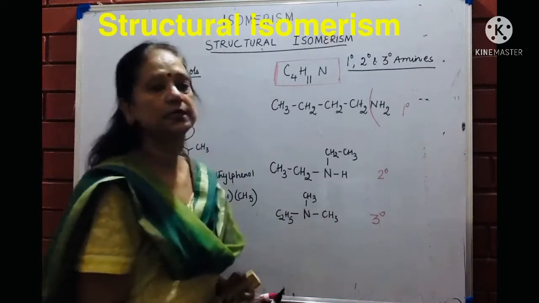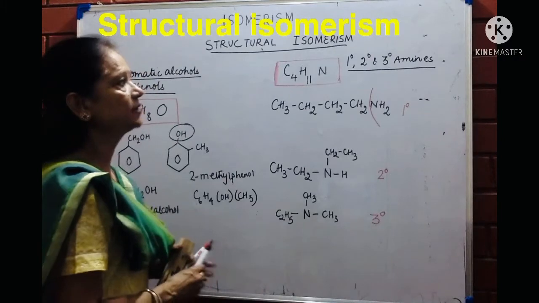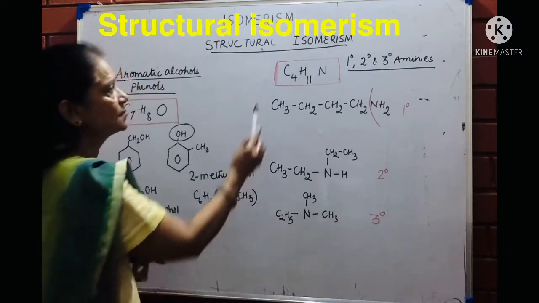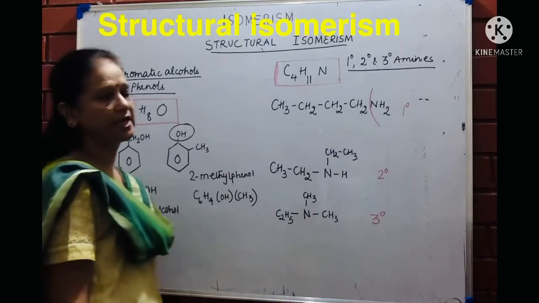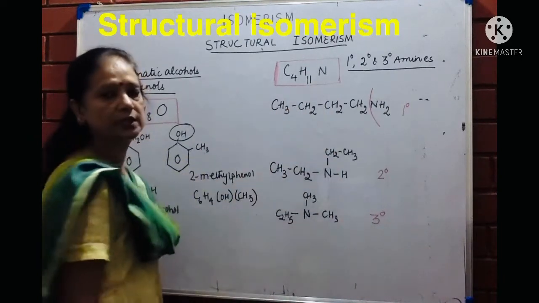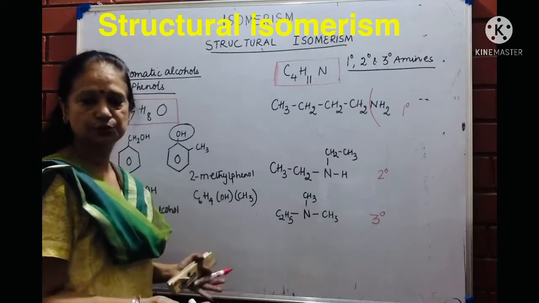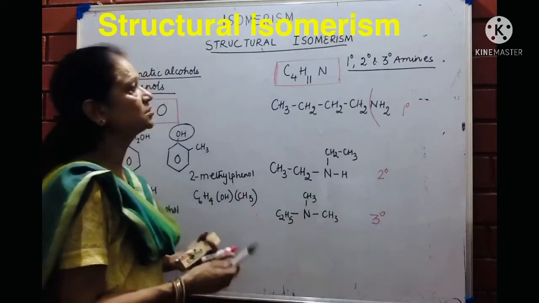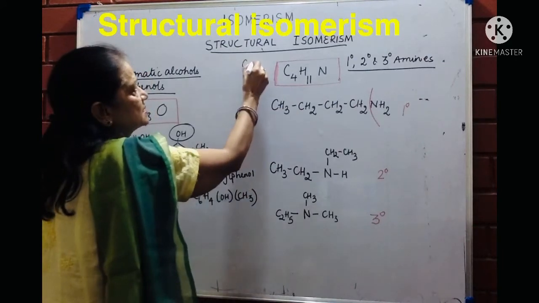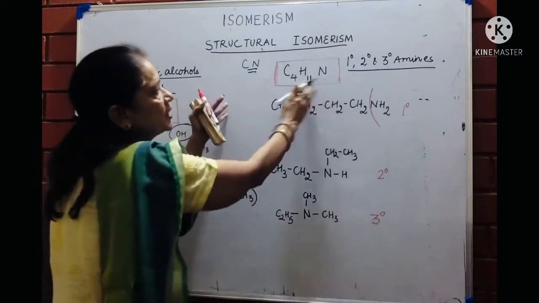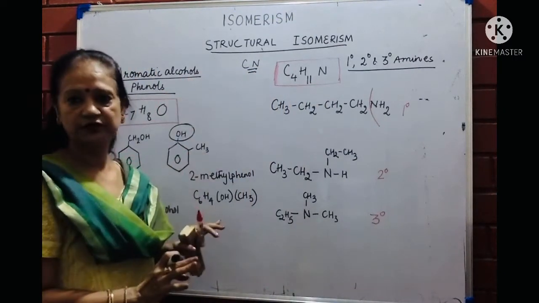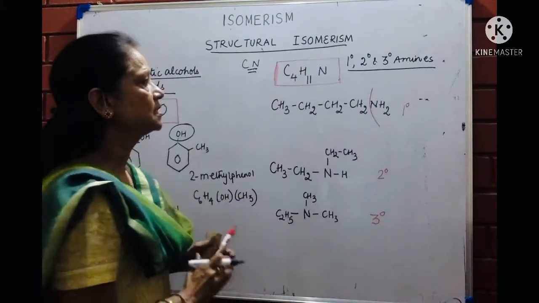Then we had done earlier what were primary, secondary and tertiary amines. So supposing this was the molecular formula given to you, C4H11N. Looking at N, I know it is an amine. It can be NH2. Otherwise, in other compounds, it could be cyanide. It can be CN also, the nitrile group. But when you try to fit it into this formula, cyanide will not fit in. So this will come as an amine.